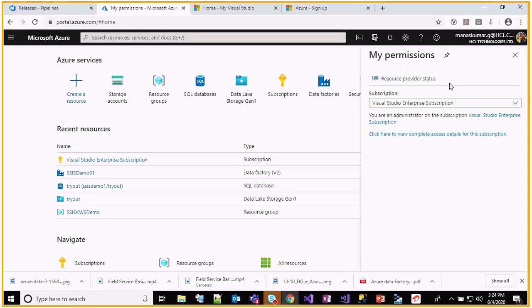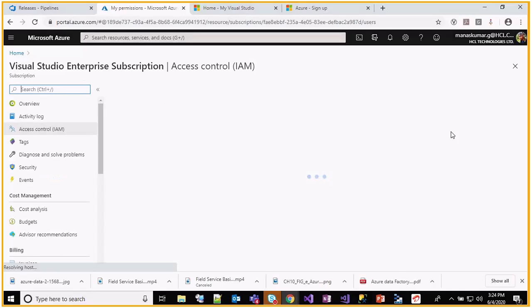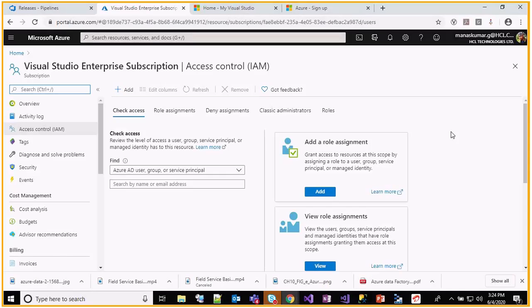Since you have created your own account, you can go here and see the permissions. On the first page, I told you subscriptions are very important, and apart from that, roles are also very important. So now we have a subscription, the enterprise subscription. And if I want to see the roles given by Microsoft upon creating it, we just need to go and see the complete access details here. This is common for everybody who needs to start working on Azure. Even if you do Azure Logic Apps, you will have to go through the same process. So this is the first-time activation of your Azure account that Manas is saying.